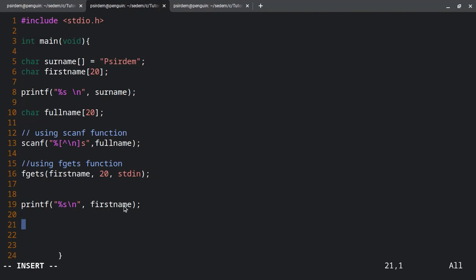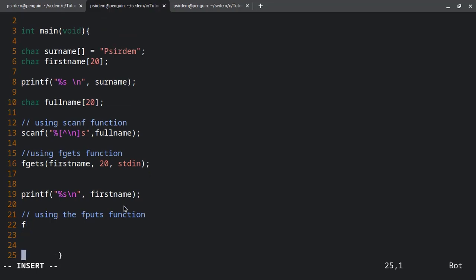So you can either choose to use the printf, sorry, or use the fputs function, right? So we have fputs here, and then